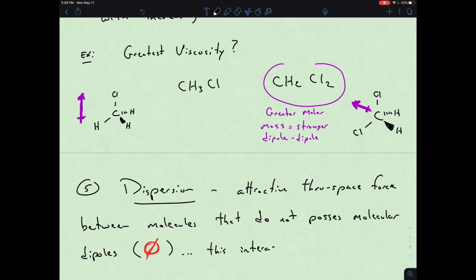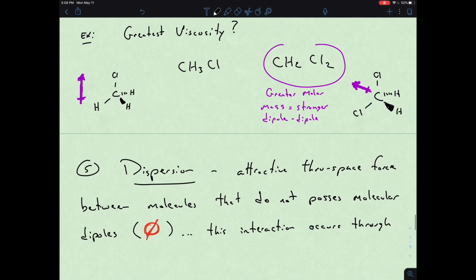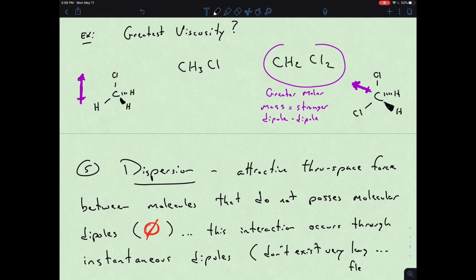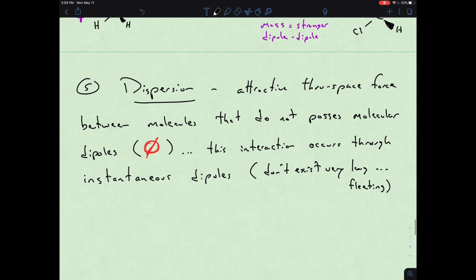This interaction occurs through this notion of instantaneous dipoles. These don't exist very long. We could say that they are fleeting. And so as an example of that, I can maybe show helium,